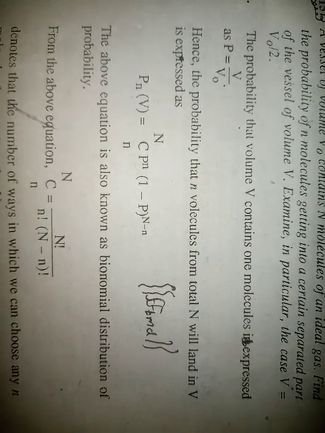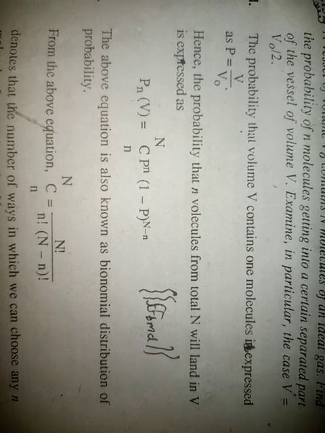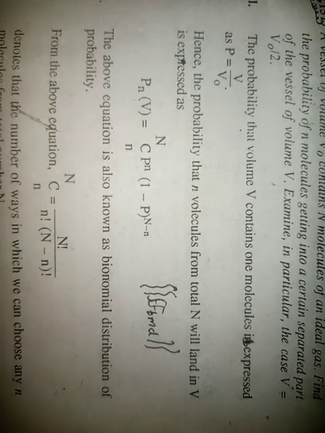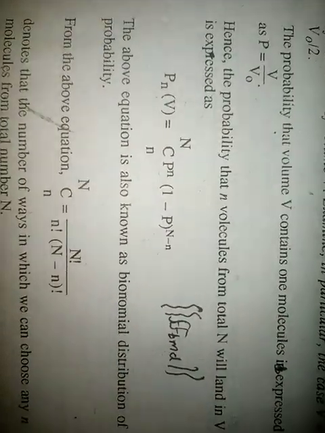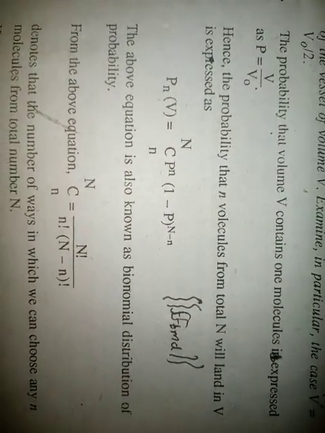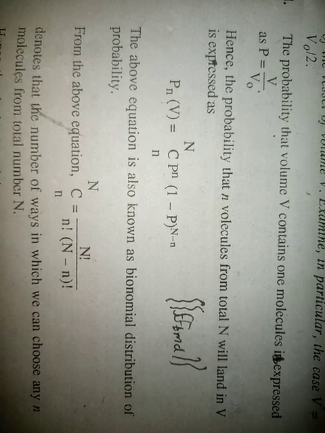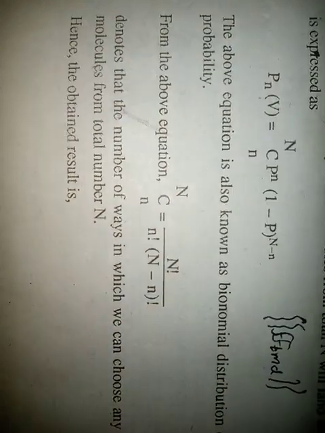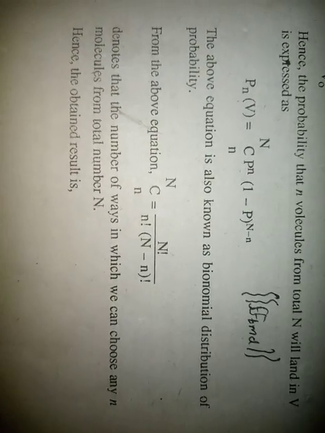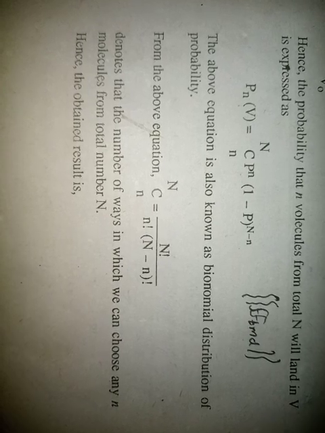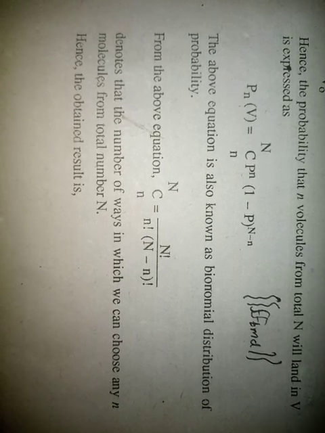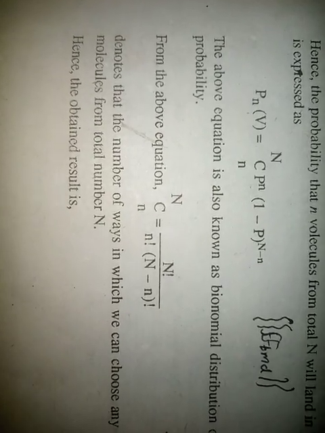Hence the probability that n molecules from the total N will land in V is expressed as P_n(V) equals NCn into p to the power n into (1 minus p) to the power N minus n. The above equation is known as the binomial distribution of probability. From the above equation, NCn equals N factorial divided by n factorial into (N minus n) factorial. You know that this is the number of ways in which we can choose any n molecules from total number N. Hence the obtained result is